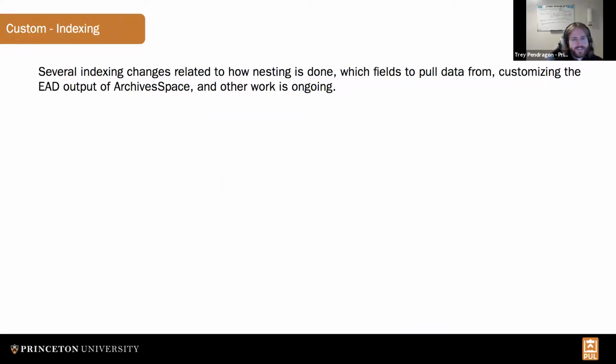Regarding customizations around indexing, I am heartened to hear that my colleagues here have done significant indexing updates, because we have largely redone all of the indexing. We've changed the structure so that containers have containers rather than a collection has a bunch of components. There are a lot more fields that we turned out to need to index. We had to fix some indexing for how data comes out of ArchivesSpace for our material, as well as bring in things like location codes for containers and so on and so forth that we had to customize out of ArchivesSpace's EAD.